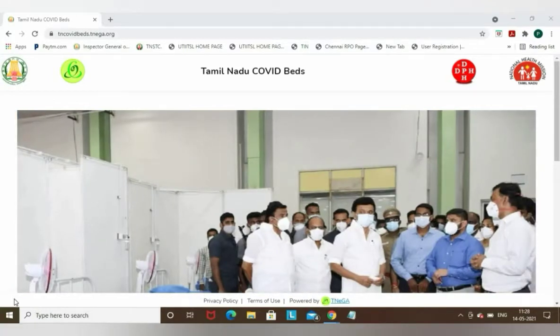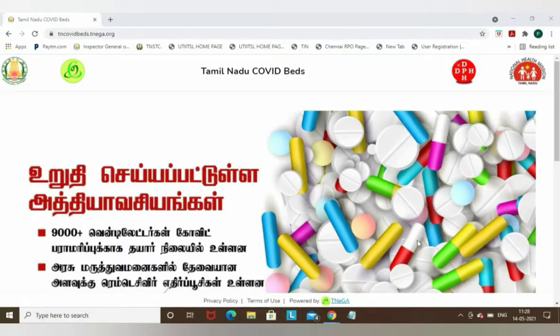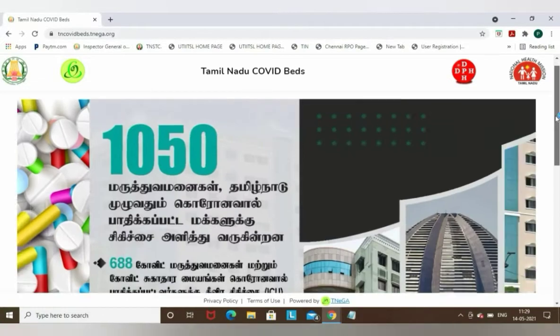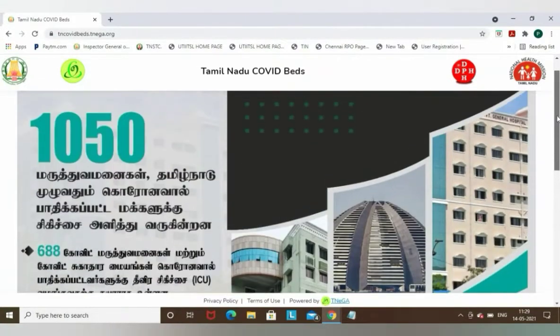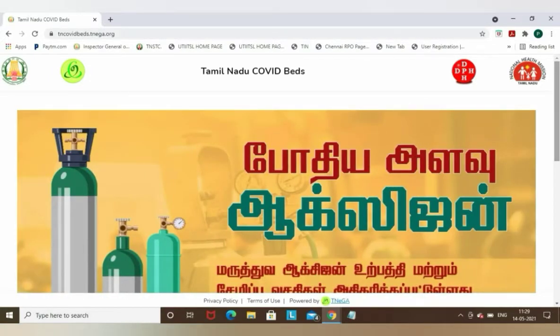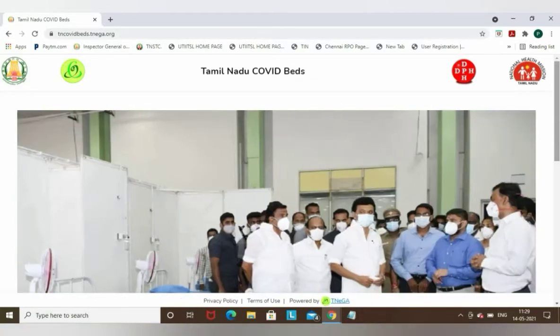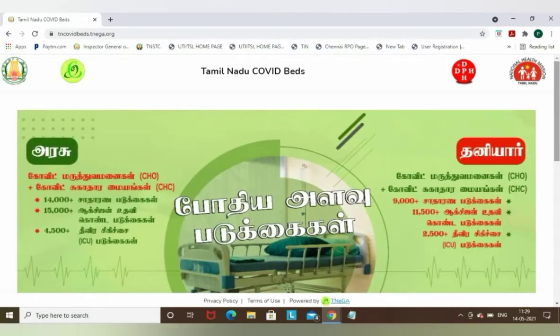Today we are going to see the topic about how to check COVID-19 Tamil Nadu beds availability in hospital, be it normal beds or ICU beds or oxygen supported beds. In this pandemic, during this difficult time, if any of your relatives, friends or family members is affected due to COVID-19, how can we check the hospital beds availability and help them find the right hospital and get admitted at the right time, because it is extremely difficult in the current situation.